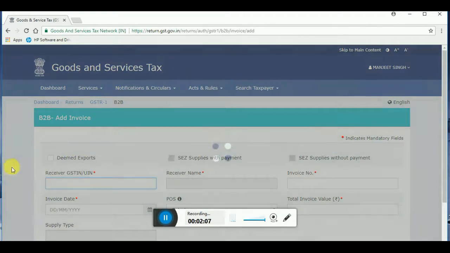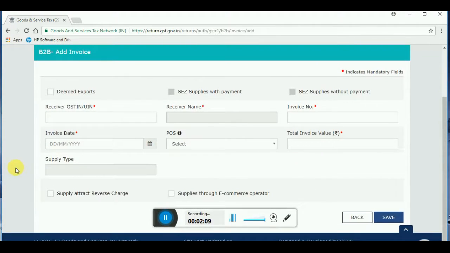Now here in the B2B invoice, these are the supplies which are being made to any taxable registered person, meaning a person who is registered under the GST regime. So first of all you have to enter the GSTIN number of the receiver, that is our client who has received the supply. Then the receiver's name will come after you enter the GSTIN number, then the invoice number which has been provided to us,